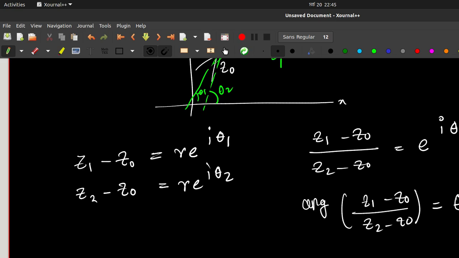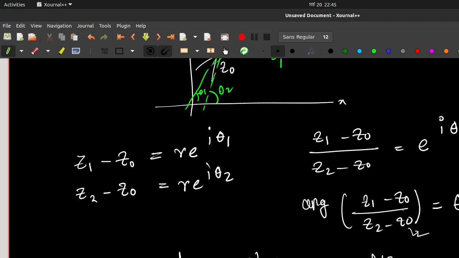So since we are calling theta the argument on the z plane, let's call phi the argument on the w plane. How do we write it in the w plane? If you have these 2 points, then on the w plane each and every point is given by this mapping, right? z goes to f of z. So we are having 3 points, that means z0, z1 and z2. Just like that we are defining theta like this one. We are defining phi as